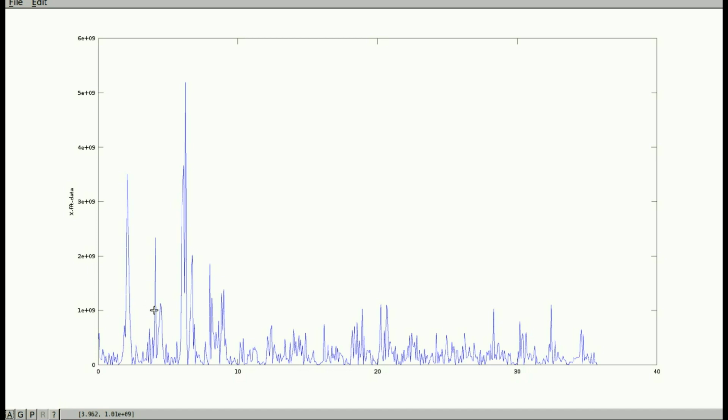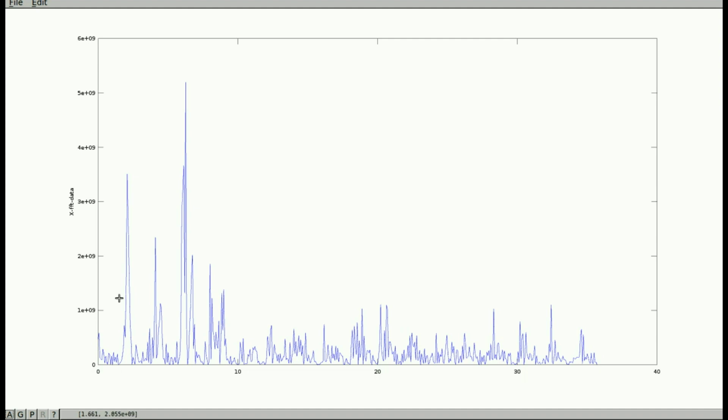Let me just zoom in. On the y-axis is the amplitude, or power contained in the signal in that frequency part, and the x-axis is our frequency.